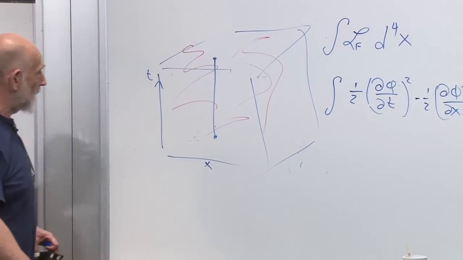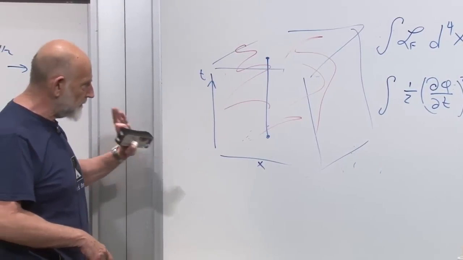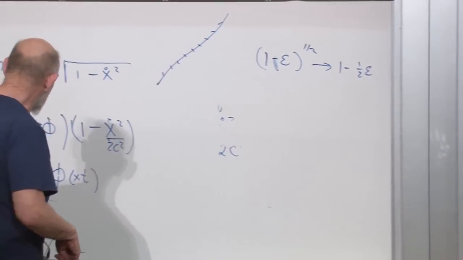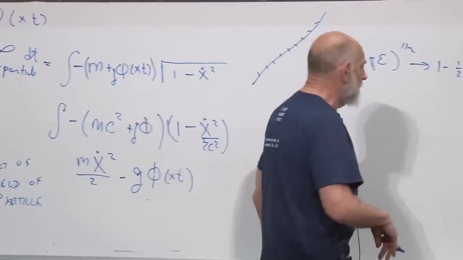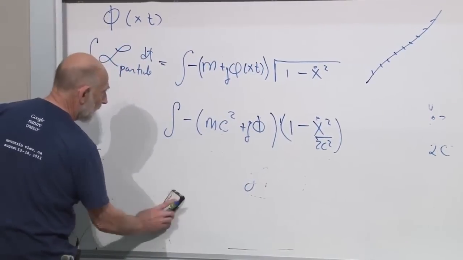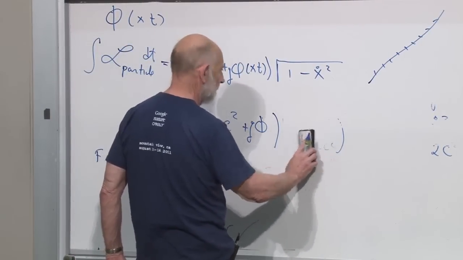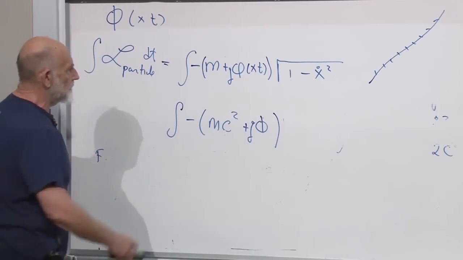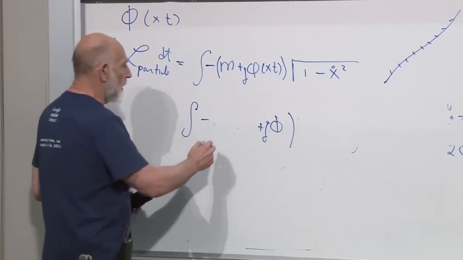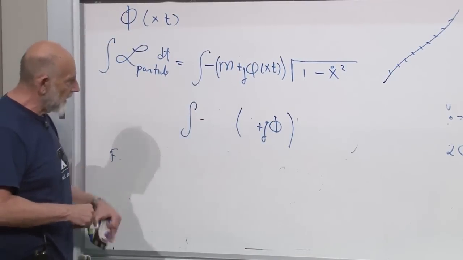And ask what the additional term in the action is. We could make the electron move, but for simplicity, let's just take the electron to be at rest, not moving. That's the trajectory. And what is the action in that case? Here it is right over here. x dot is 0. This is just 1. mc² by itself is of no interest. And so the Lagrangian for the particle, or the contribution to the Lagrangian from this piece over here, is just